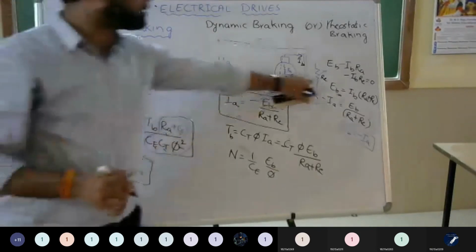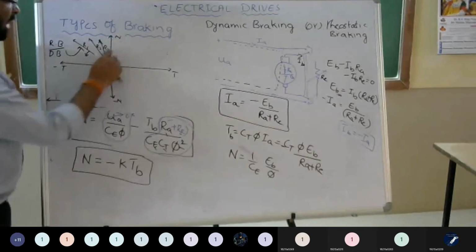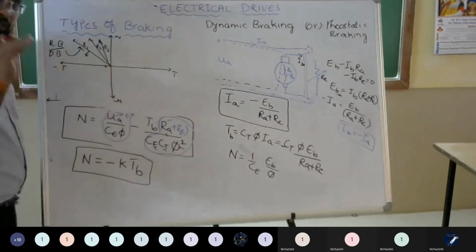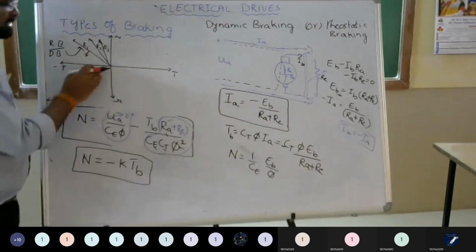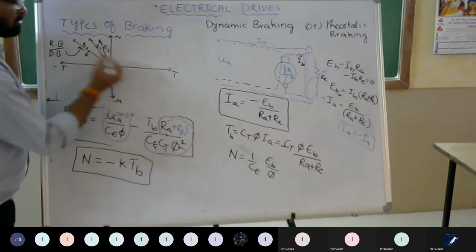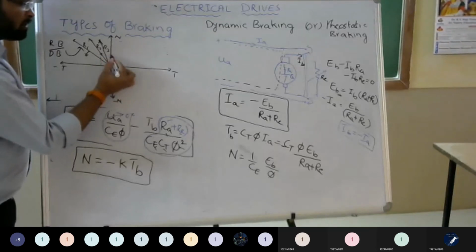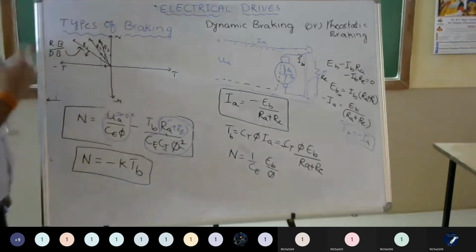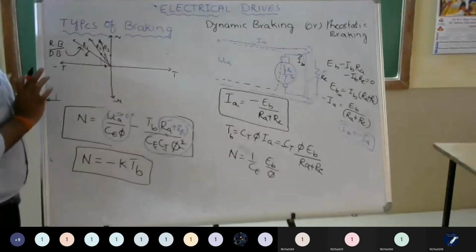So how will we calculate this braking? By seeing how fast we want it. Suppose at a high speed with low torque you have to stop the motor. By giving less torque, you have to stop the motor, you will use this much resistance. At the same speed, if the resistance is high, less torque is required. So how much torque you are applying will depend upon how much external resistance you are using.